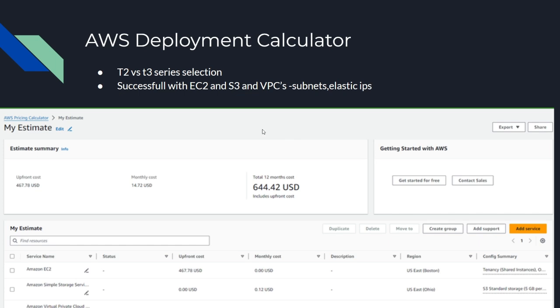Now, the deployment calculator. This was the final part of the Capstone project. As you can see here, these are my estimates. I set up the EC2 instances for compute, the S3 bucket, all of my settings, and the VPCs with their subnets and elastic IP. The only thing that I had issues with in this regard was the T2 and T3 series virtual machines with the EC2. So this is not correct because my instances here are using the T3 medium